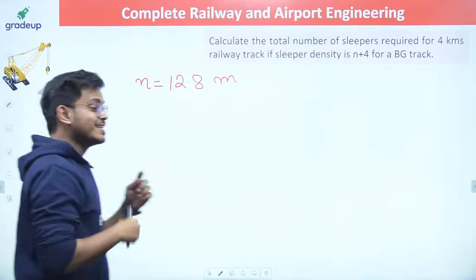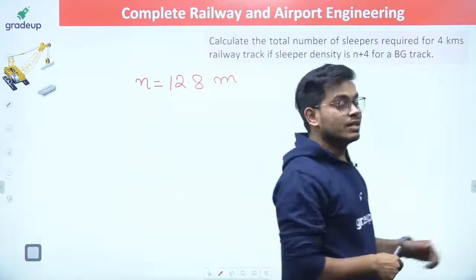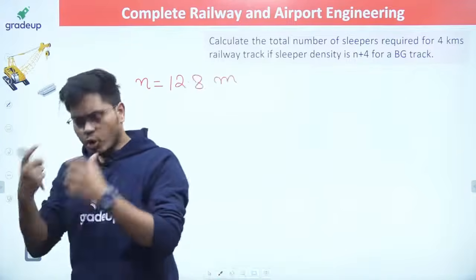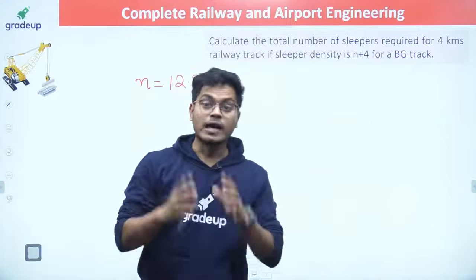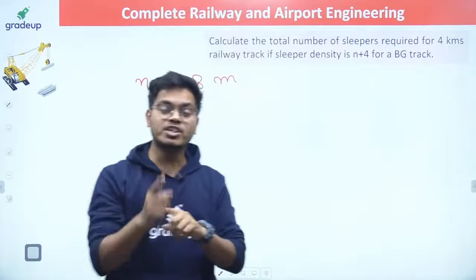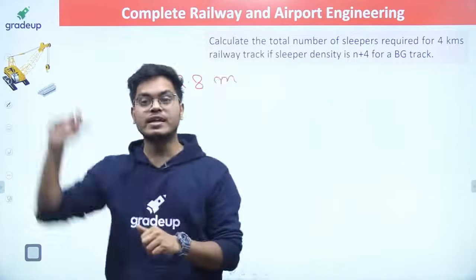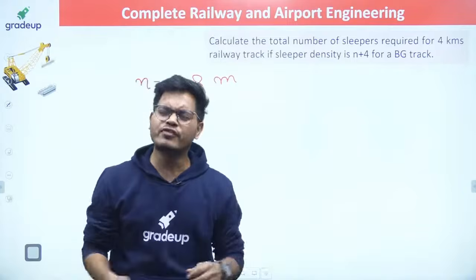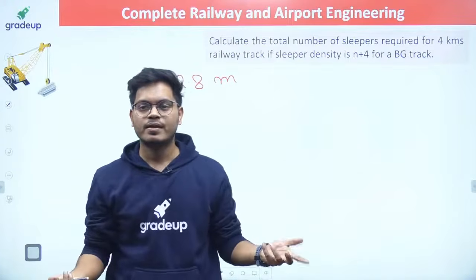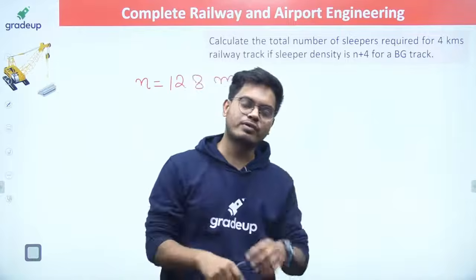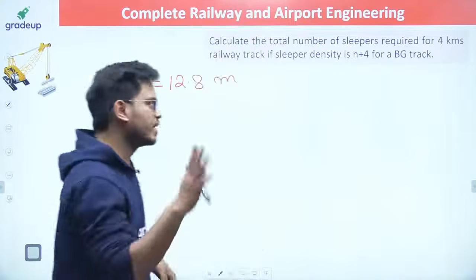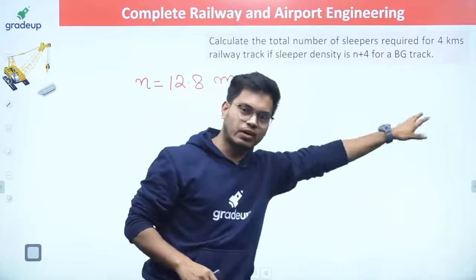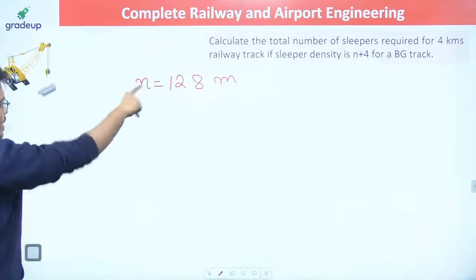GATE and ESE examinations are practical examinations where the questions will be very practical, unlike the questions of R.D. Sharma or R.S. Agarwal which we studied in 10th, 11th or 12th class. Raju bought 150 watermelons. Why? Who buys 150 watermelons? What is this question? So we are going to get a very realistic value. They will ask you BG, because in India we are using BG only. So n is this much.